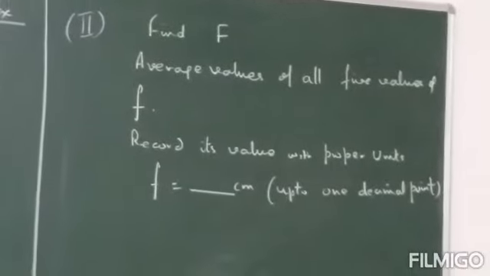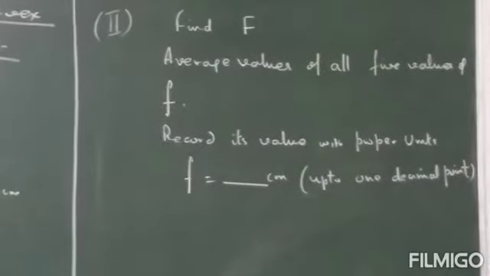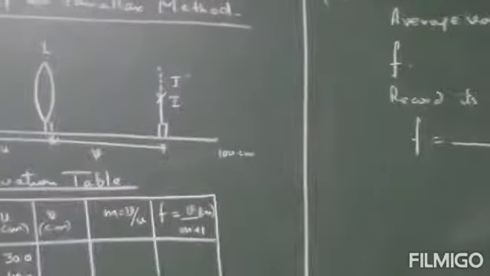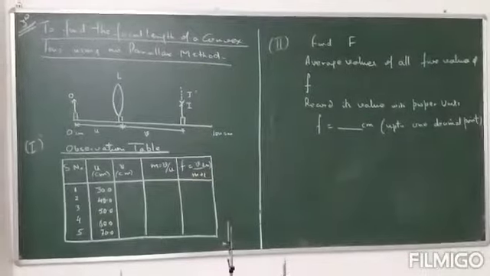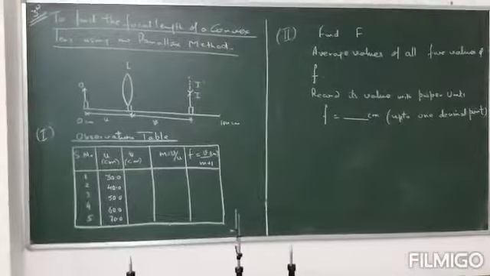Now, this was the method which you will be applying to find the focal length of a convex lens by the no parallax method. Now, Roshan sir is going to demonstrate the experiment, how to go with it. And then he is going to only give you 1 reading. The rest 4 readings you are going to record whenever you come to the school.